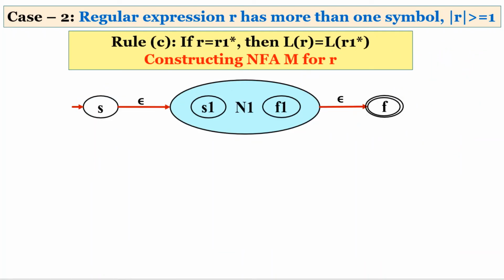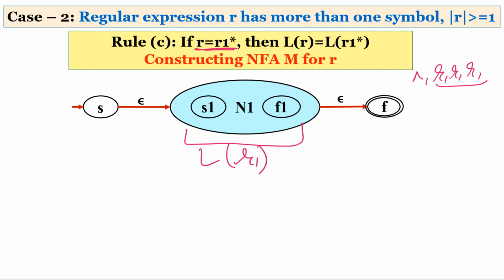Next we have rule C. Here in rule C we have the Kleene closure, which means we have to repeat the expression; null is acceptable. After that, any number of occurrences of the expression is acceptable by the machine. So we have this machine for the regular expression R1, which is equivalent to the language of regular expression R1. Now we have added two extra states, one as the initial state and one as the final state. The final state is marked with a double circle here.